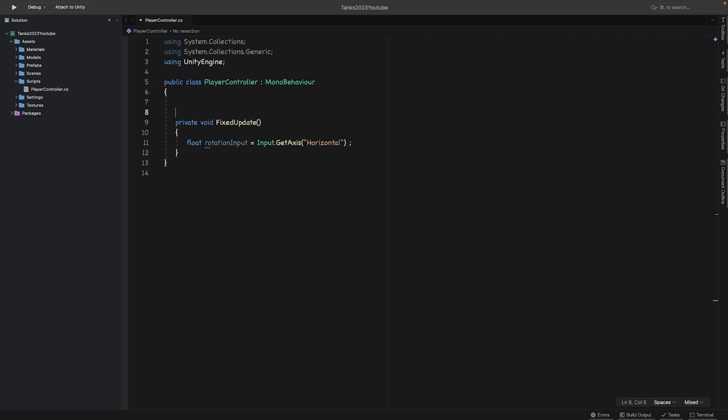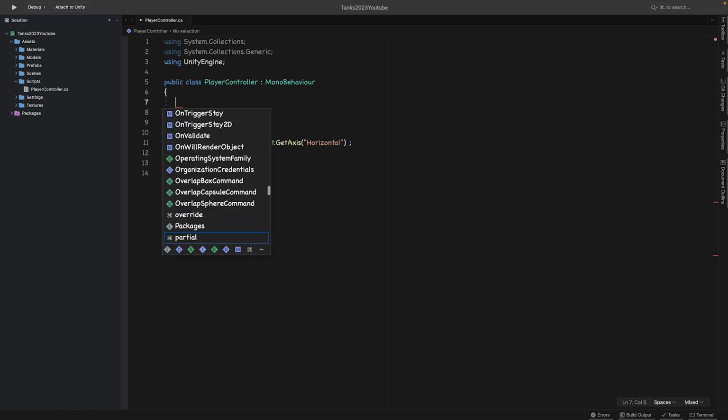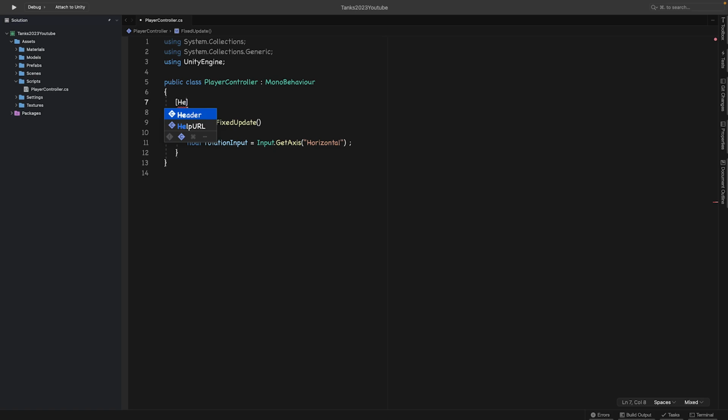I'm going to also add, I'm first going to add a header, and you'll see why later on when we go back in Unity, but it's quite cool. Essentially it's the same as a comment. It's just displaying, where instead of only displaying it in code, which it sort of does, it also displays in the inspector,